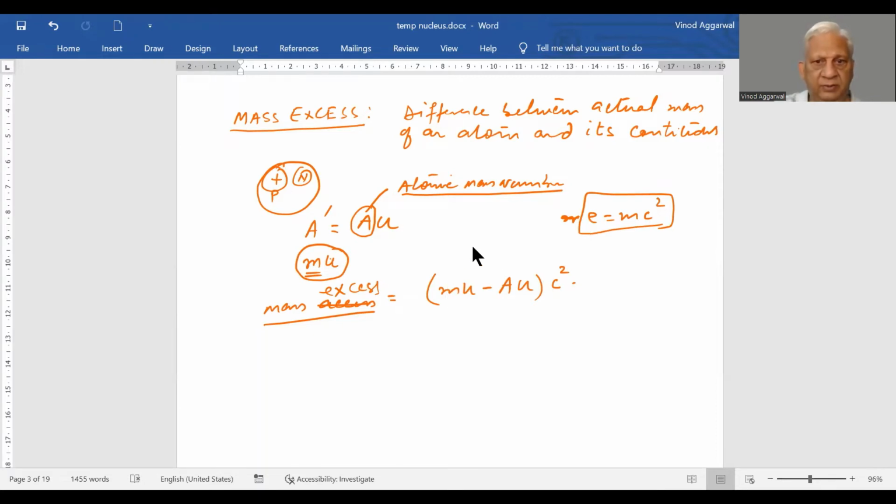And if the energy between two entities are different, although they might have started with the same mass, the energy part may contribute something to their mass as well. So the excess mass, which is this much, can be written as